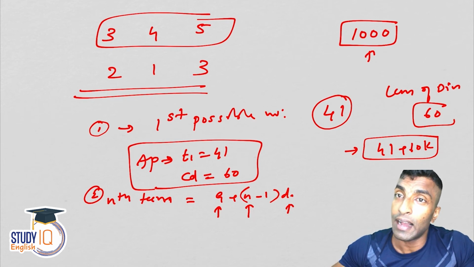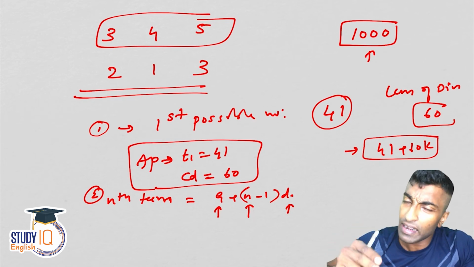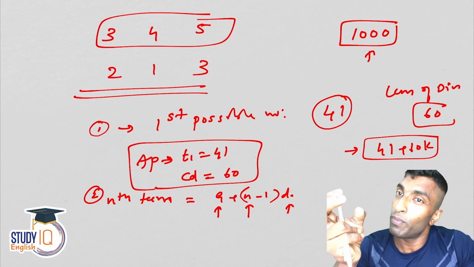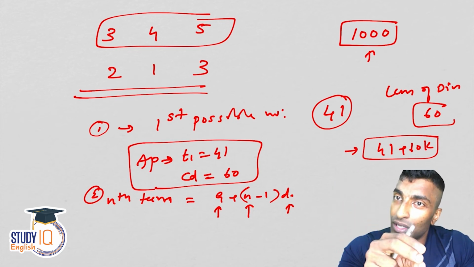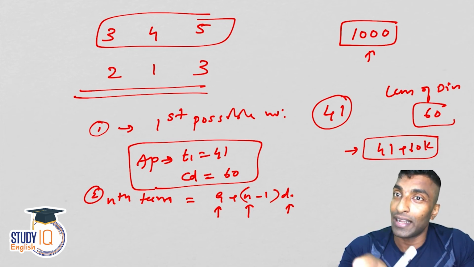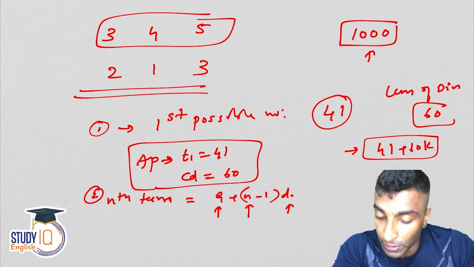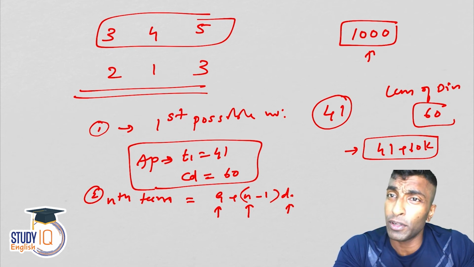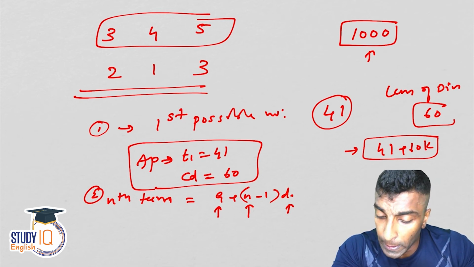Once I get that, add 41 and see whether it is crossing 1000 or not, because you may get the multiple less than 1000, but that's not your answer. When you're adding 41, it should not cross 1000. That is also a condition. So what is the multiple of 60 here? It will be